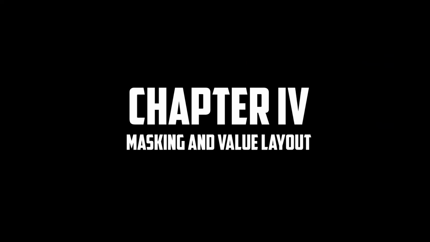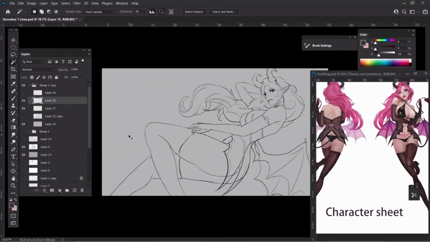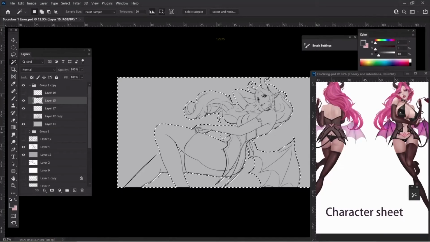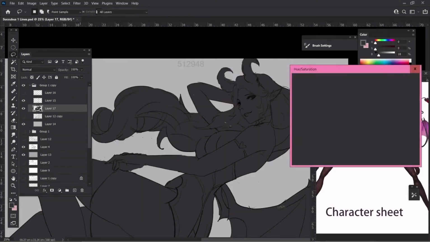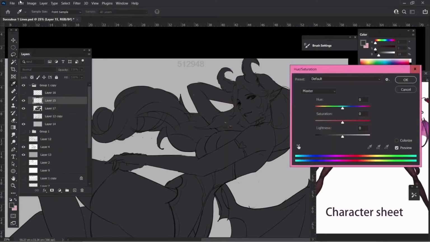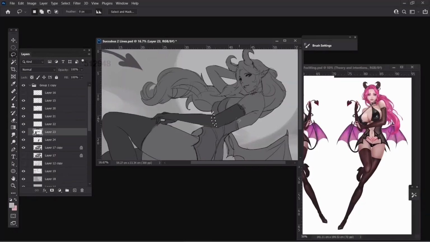Chapter 4, Masking and Value Layout. Moving on, in Chapter 4, NG covers the topic about masking and value layout. He gives us some tips on how a clean masking is super important and how at this point the structure phase is finished. He then moves into value layout when he shows us how he starts adding lighting to the